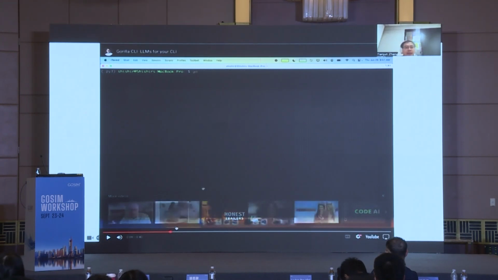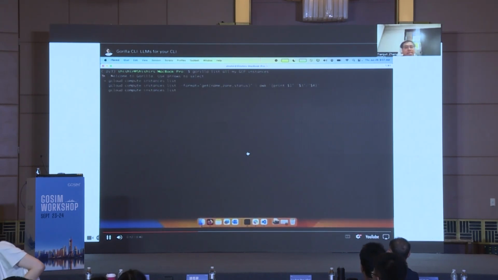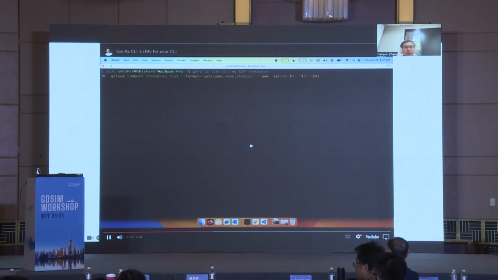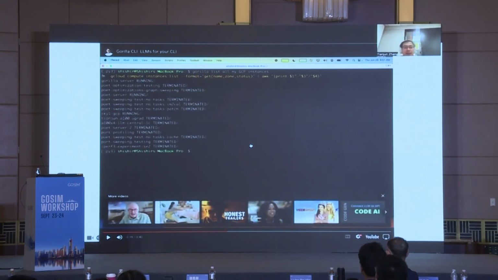So let's see now. I want to choose the second one. Now Gorilla directly executes the command for you, and it directly returns the results. So you don't have to go to the website and type this command, or open another terminal, type this command, and figure these things out.